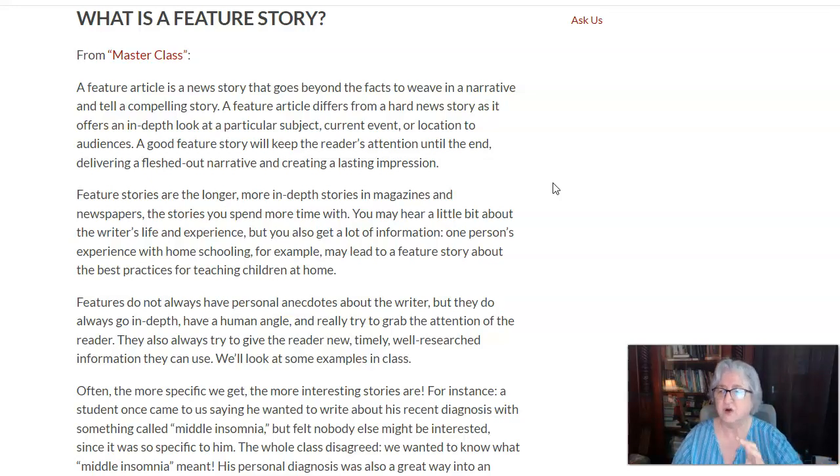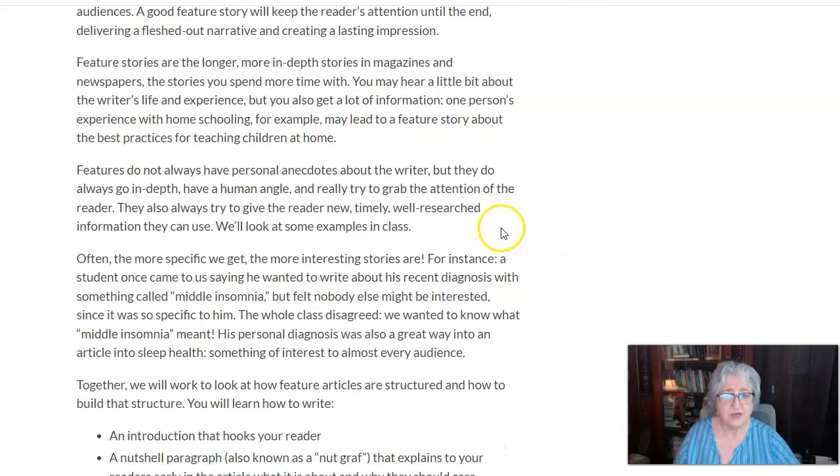But feature stories always catch people's interest and compel people to keep reading because it's about somebody, and they're telling a story. And I'll show you examples in a minute, and you're going to read some examples this week, probably in the next couple of days. Okay, they don't have to have anecdotes about the writer, but they can. A lot of times,